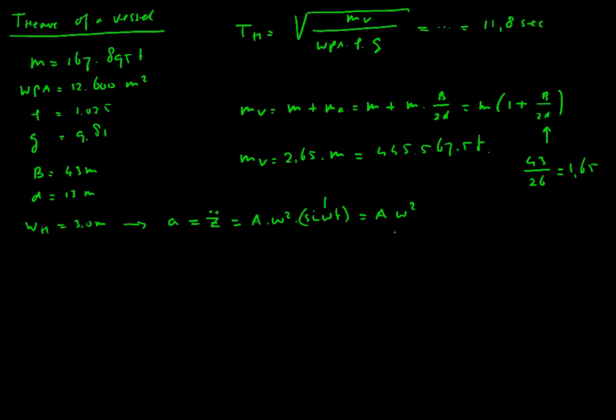So we're only interested in the maximum acceleration. We know the amplitude, which would be 3, but the omega, well, we found out here our heave period. So if the heave period is 11.8, we could say that the omega is 2 pi divided by T, which would be something like 0.53. Okay, so if we square that one over here, you can do that in your calculator,